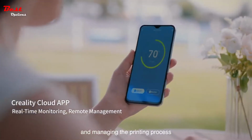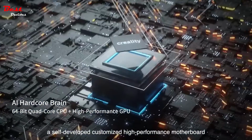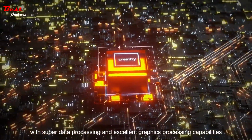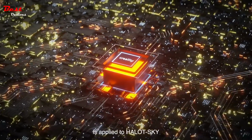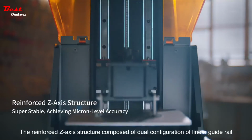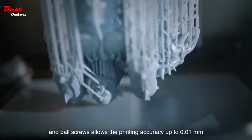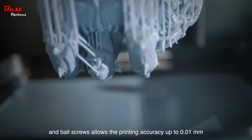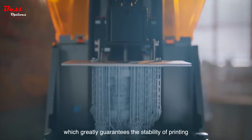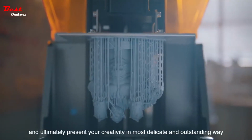managing the printing process. A self-developed, customized, high-performance motherboard with super data processing and excellent graphics processing capabilities is applied to HALOT Sky. The reinforced Z-axis structure, composed of a dual configuration of linear guide rail and ball screws, allows the printing accuracy up to 0.01 millimeters, which greatly guarantees the stability of printing and ultimately presents your creativity in the most